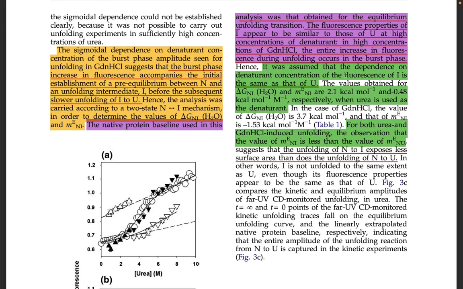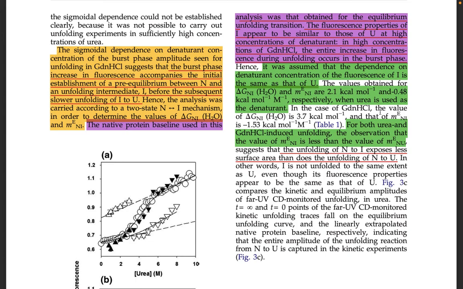Hence, it was assumed that the dependence on denaturant concentration of fluorescence of I is the same as that of U, and hence will have a similar unfolded baseline. So the value obtained for delta G NI in water is 2.1 kilocalorie per mole, and m NI is 0.48